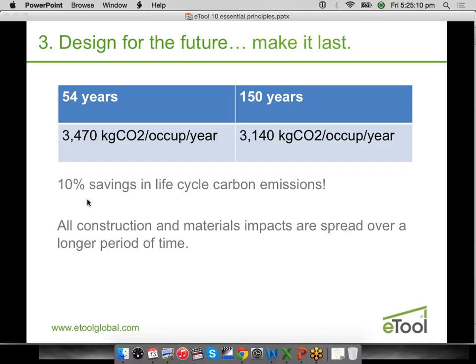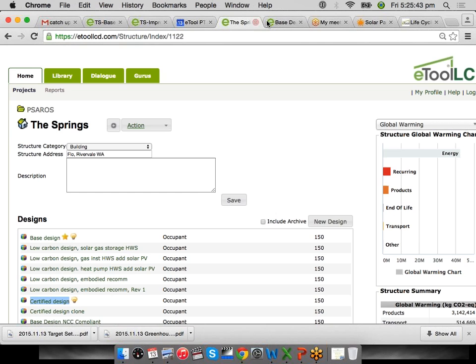And I put an example here for a building that lasts 54 years. The performance was 3.5 tons per occupant per year. If you extend that design life to 150 years, you get 10% savings on your carbon emissions per occupant per year, because you're spreading all the impacts with construction and materials over a long period of time, right? So I put an example here with the